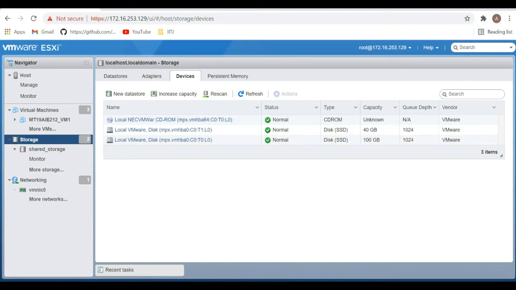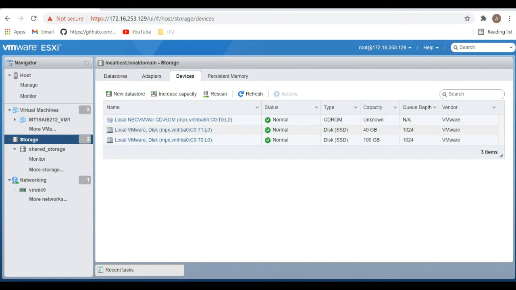Now coming to the storage, as you see here, I had created a computer with 100 GB of storage. As the storage was already being used and already partitioned, I decided to create another storage of 40 GB.